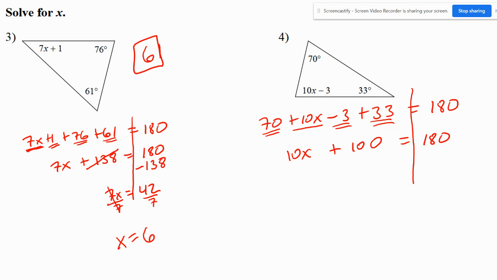I want to leave the term with an x by itself, so that number, I'm going to move it to the other side as a minus. Every time I move something from one side of the equal sign to the other side, I switch the sign. So that's why I wrote it as a minus. So I have 10x equals 180 minus 100 gives me 80. To get the x by itself, let me divide by the number in front of the x. So let me divide in this case by 10. 80 divided by 10 is 8. So when I type in my homework, I'm just going to type in